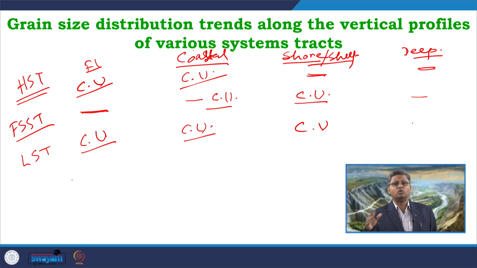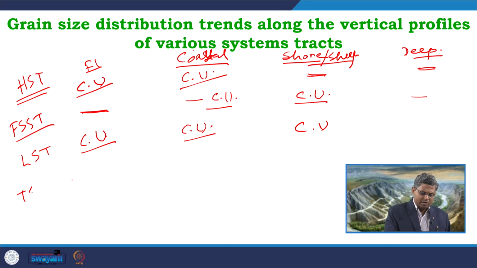marine part we do not expect any particular trend to develop, as in this area we get low density turbidites. So when these low density turbidites accumulate, depending on what type of grains are actually coming in a particular turbidity surge, we can get different types of packages, different types of distribution of grains within the vertical profile.